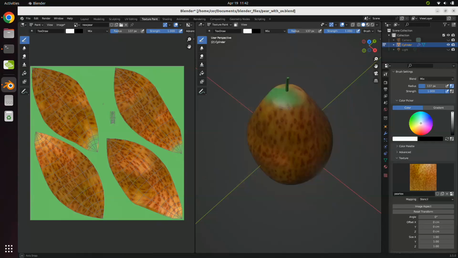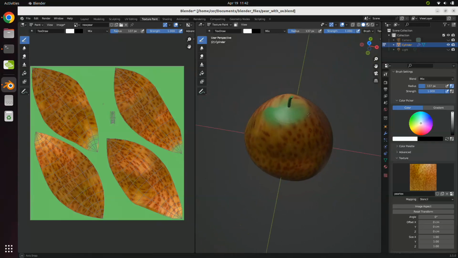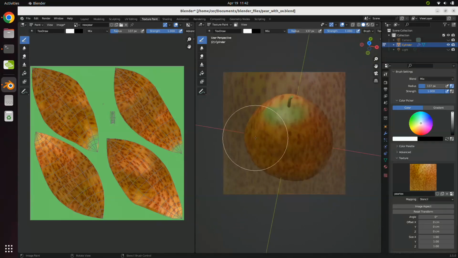So there's something in the video that I'm not going to do because I kind of forgot how to do it. What we'd like to do is just go right over the top there. But if I do that, I will paint the stem. So you can hide the stem, paint, and then bring the stem back, and then make the body of the pear disappear and paint the stem some other color. What I'm going to do is